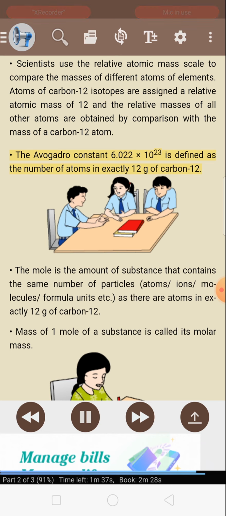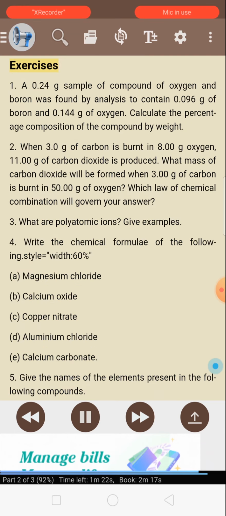The Avogadro constant, 6.022 × 10^23, is defined as the number of atoms in exactly 12 grams of carbon-12. The mole is the amount of substance that contains the same number of particles (atoms, ions, molecules, formula units, etc.) as there are atoms in exactly 12 grams of carbon-12. The mass of 1 mole of a substance is called its molar mass. Exercises. 1. A 0.24 gram sample of a compound of oxygen and boron was found by analysis to contain